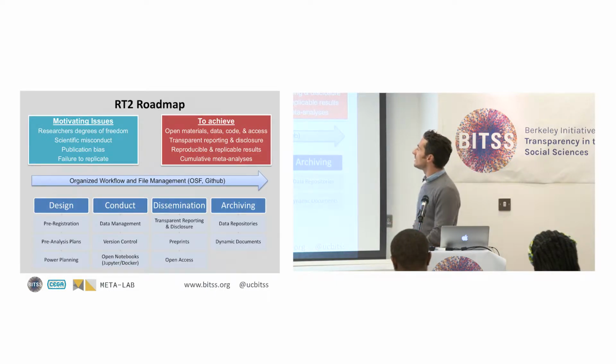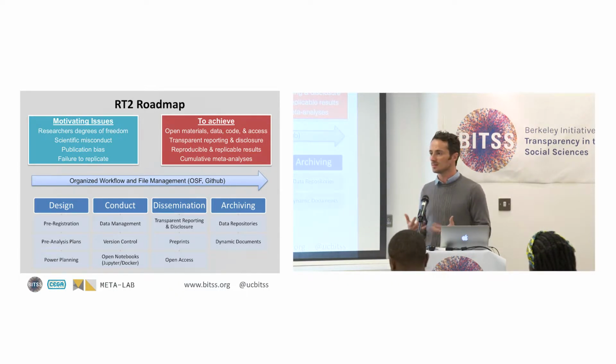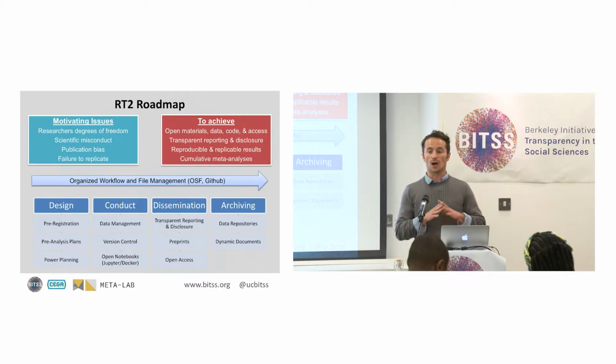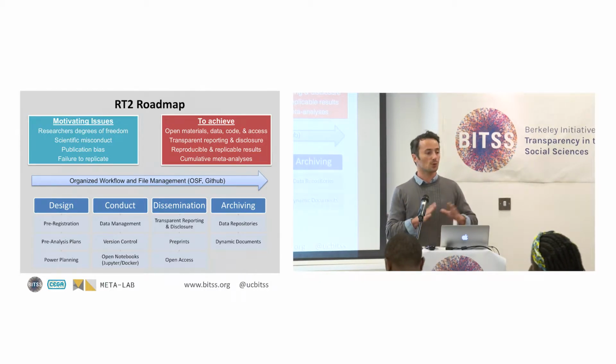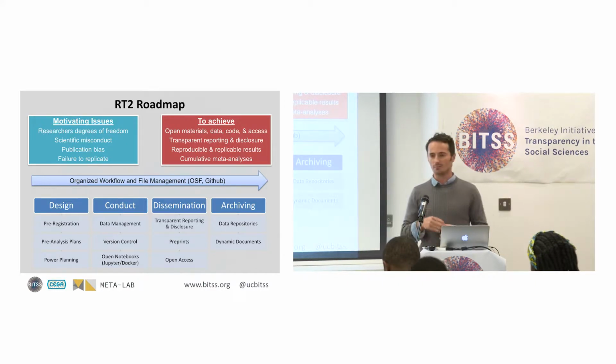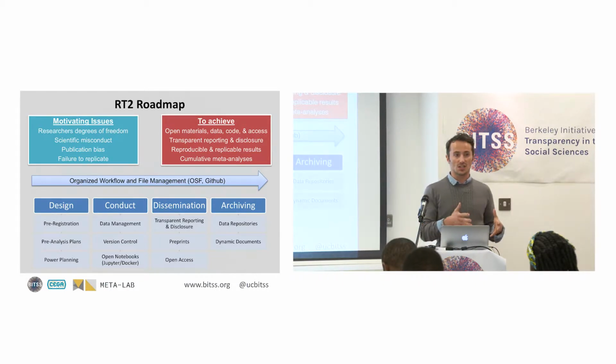So this is our cover. Yesterday we motivated the use of open science. Why does it matter for research to be transparent and reproducible? Now we're going to take it for granted, and I'm going to assume in this presentation and in subsequent presentations that you all agree that research should be transparent and reproducible. And today and tomorrow we're going to look at how we can implement these principles in research, starting with the